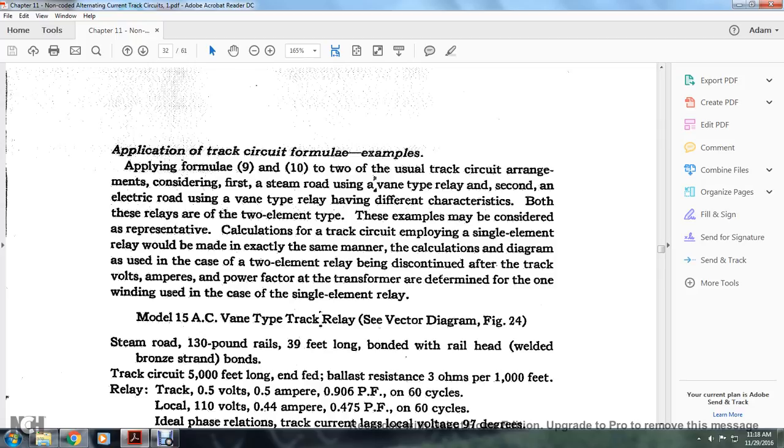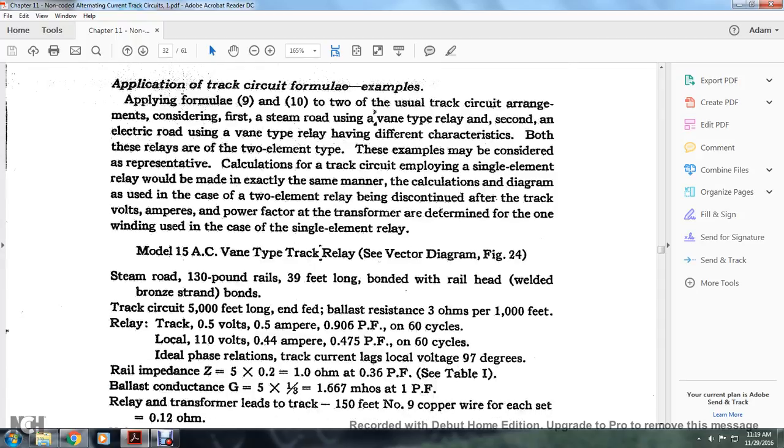The calculation diagram is used in the case of the two element relay, determining the volts, amperes, and power factor, and the transformer is determined for the one winding used in the case of the single element relay, model 15AC, the main type track relay. See the vector diagram, figure